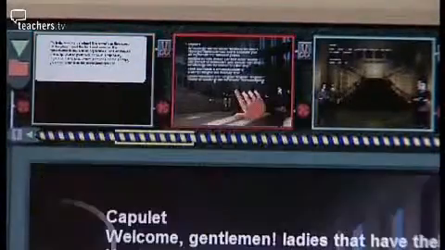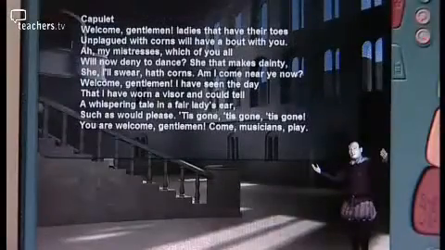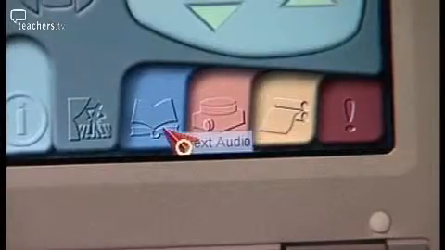If I click on one of the scenes and it comes up in the frame in a bit more detail, you can see our character and the dialogue. And there is an audio support function. If I click on the play button,